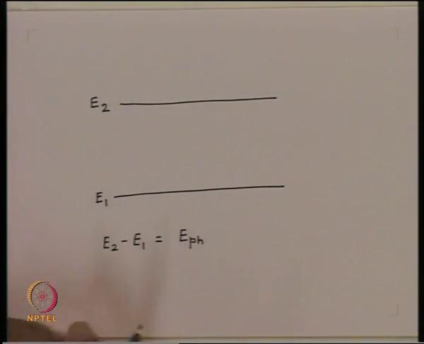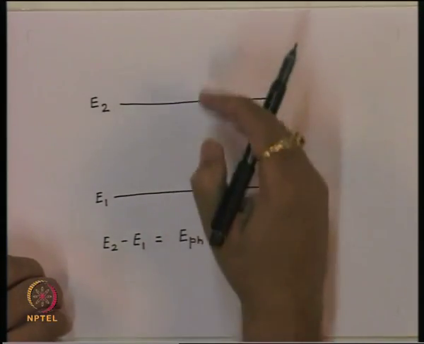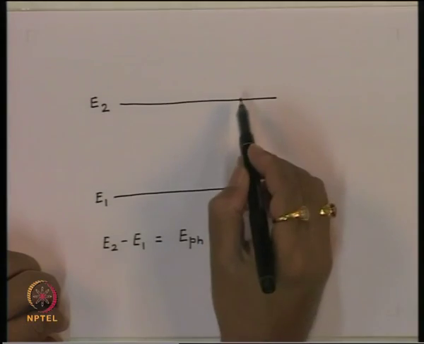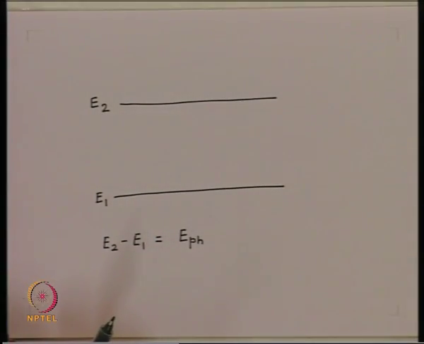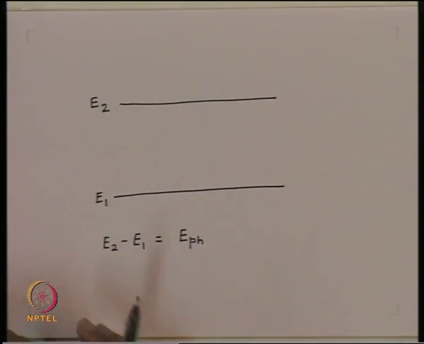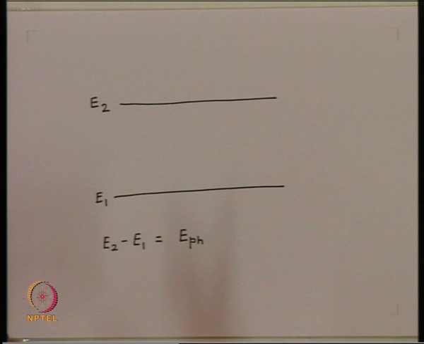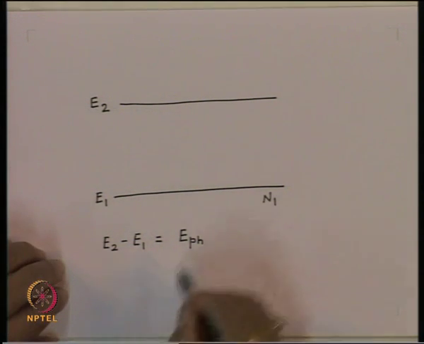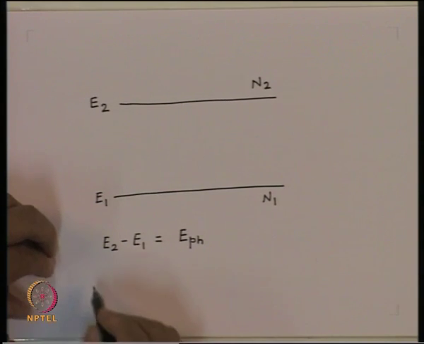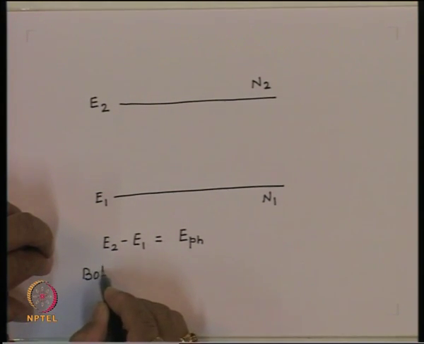Now, because of thermal excitation, the electrons occupy different energy levels. So you have a density of electrons in this energy level and a density of electrons in this energy level. If I consider a general material, then the densities of electrons at different energy levels are related, and that is given by the Boltzmann distribution. So if the electron density in this level is N1 and at this level is N2, then by Boltzmann distribution,